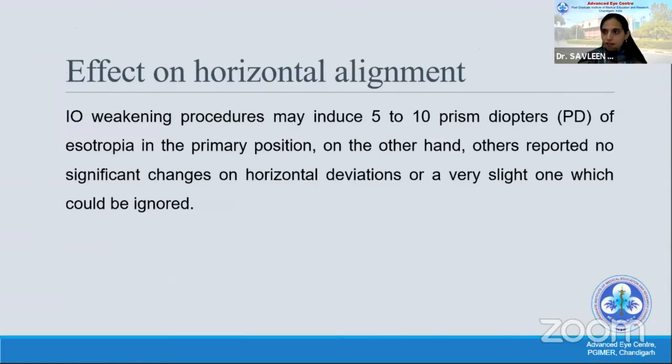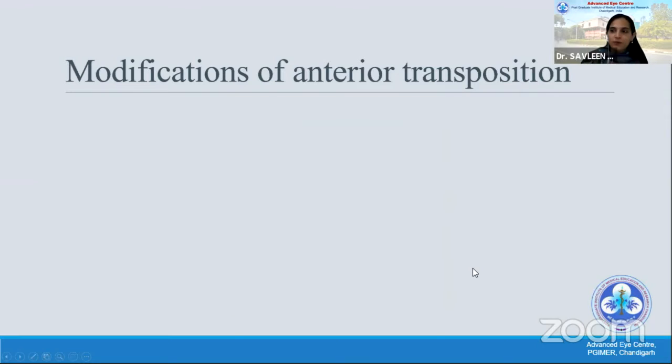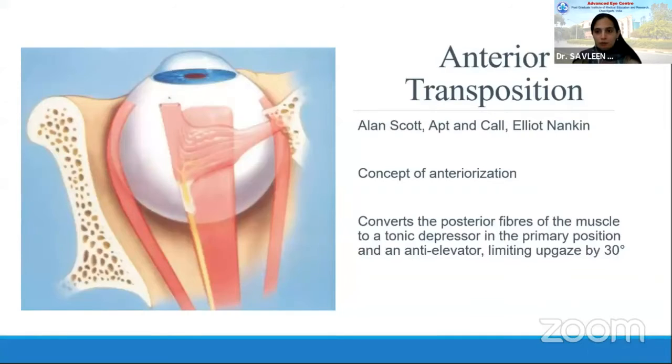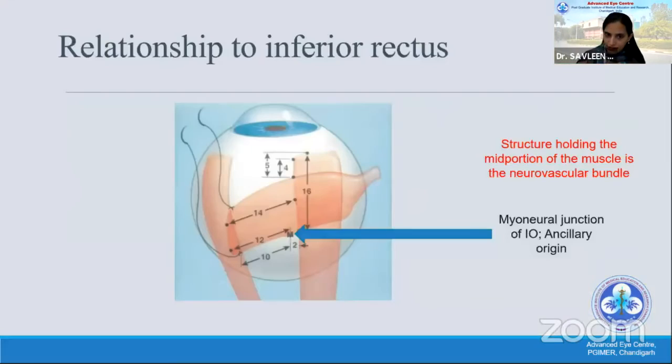Since recession is not being described now, sir had to go last moment. I just have one slide to show on the recession effect, that recession surgeries are usually chosen depending on how much effect you want to get. Traditionally, 10 mm, 12 mm, 14 mm recessions have been described. The two most important surgeries have been described by Parks and Fink. Parks involves recessing the inferior oblique by putting it 3 mm and 2 mm behind and lateral to the insertion of the inferior rectus. And Fink described it as 6 mm from both the inferior rectus and the lateral rectus insertion, at the point that is called Fink's point.